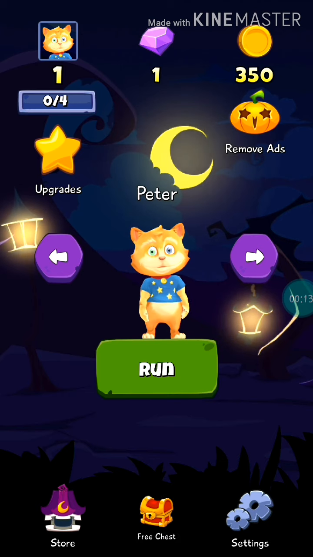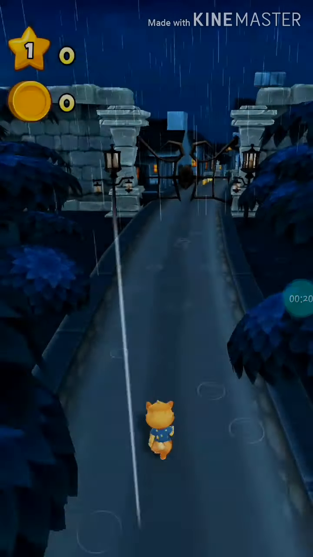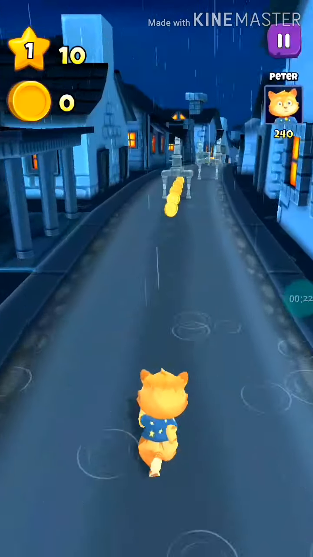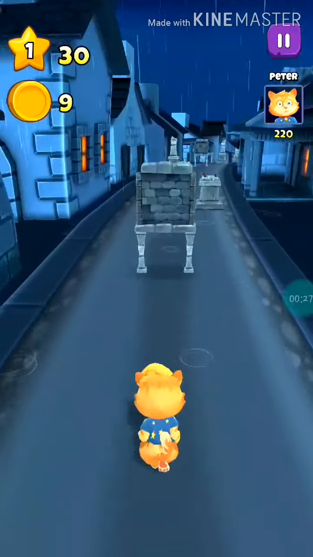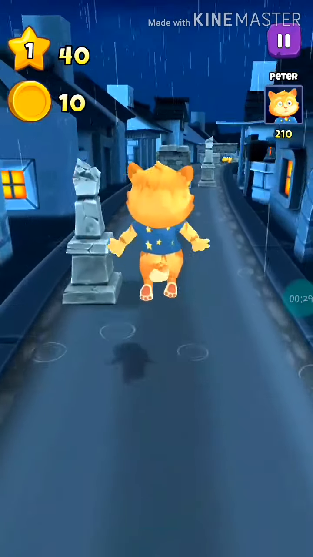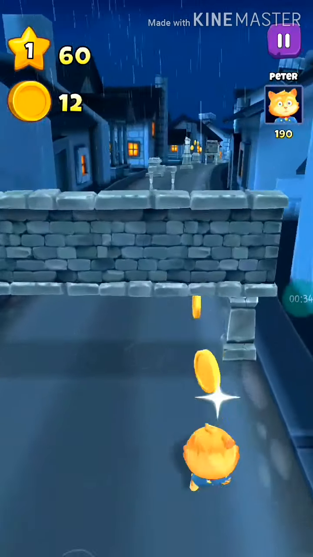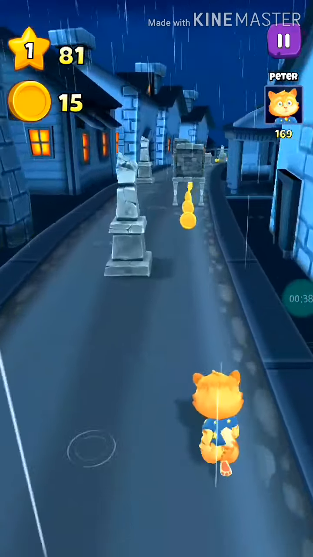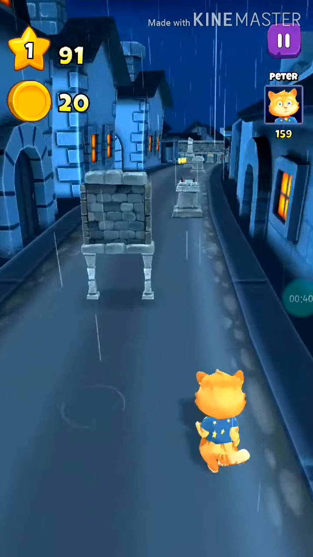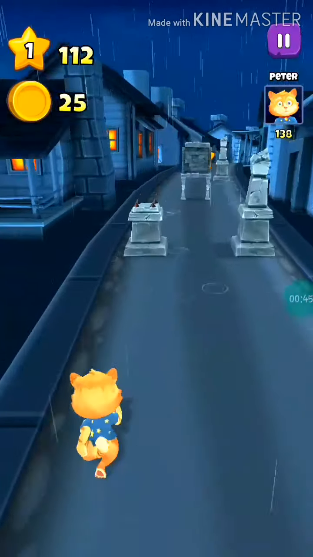And before starting the game, I want to tell you about the game. If you start run, it will run in this way. If you have to make it go down, it will go down. Then if you want to jump, you have to do the jump. When you play the game, you can easily understand the process of the game. There will be some menus for you where they will show you how to play the game.